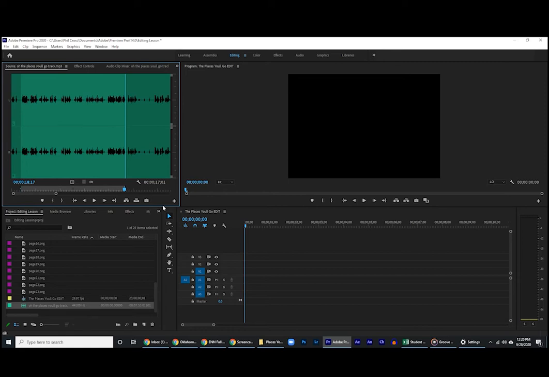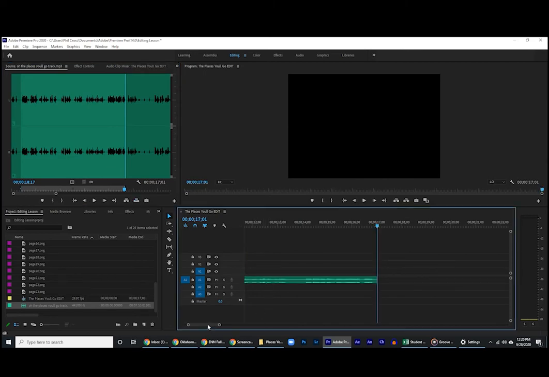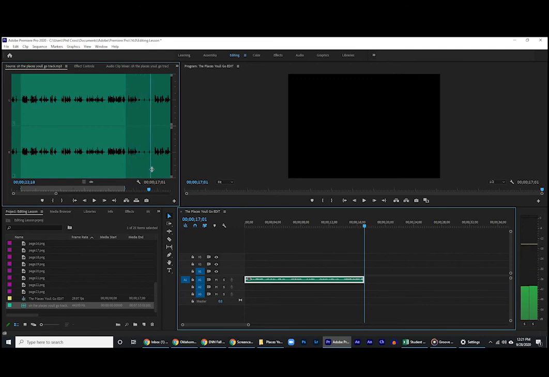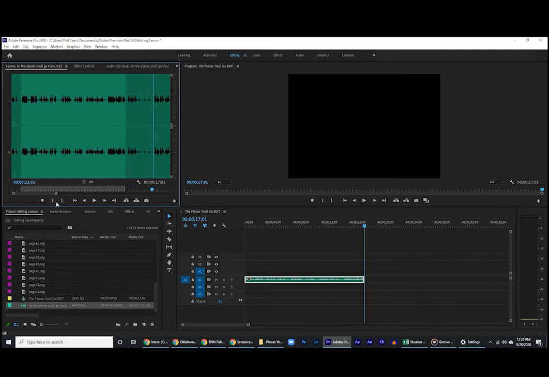For now, let's just hit Overwrite and put that first bit of track down on the timeline. Now you'll see that your timeline has something on it again, and up above the timeline window you've got black in your program window. That's because so far there is no video with this audio track. We'll get to that later. For your second edit, go find the next selection of audio in your source window.